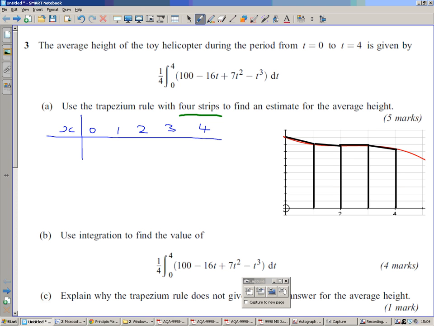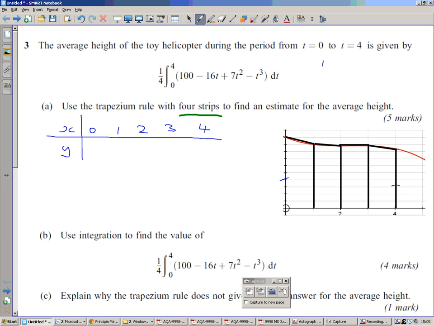Does that surprise you? Should those be the same? Well, it's always one more, simply because you've got an ordinate there and an ordinate there, so there's always one more ordinate than there are strips. So we've got 5 ordinates, 4 strips, and our values of y,